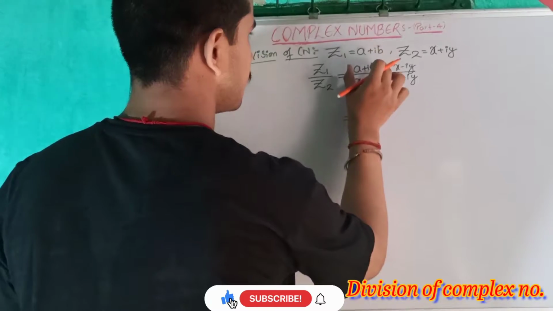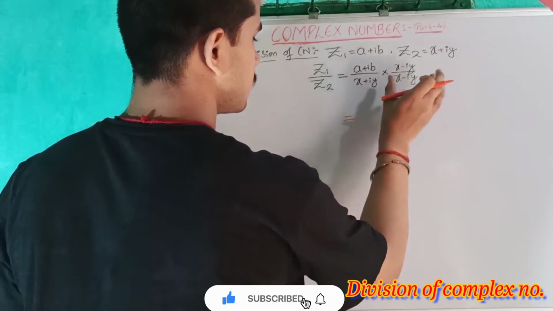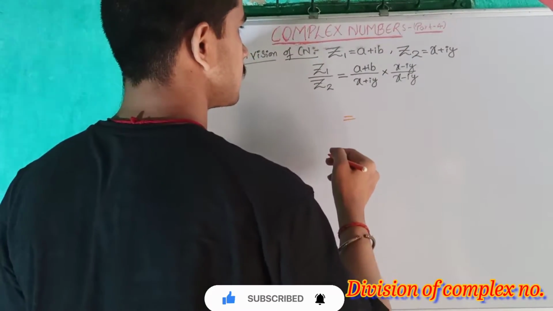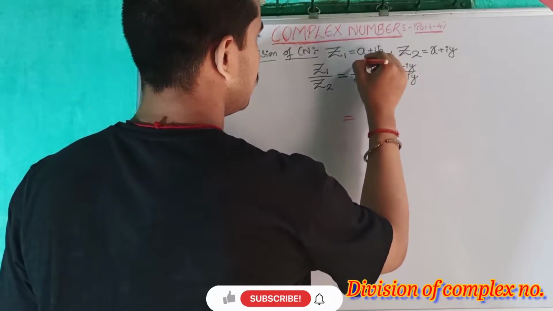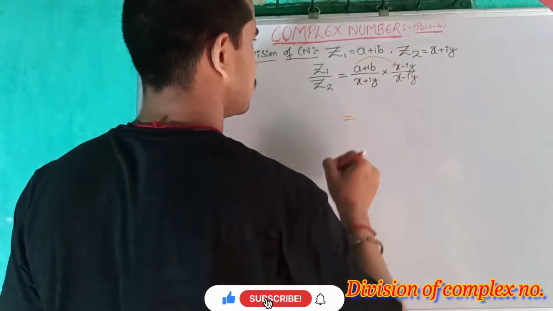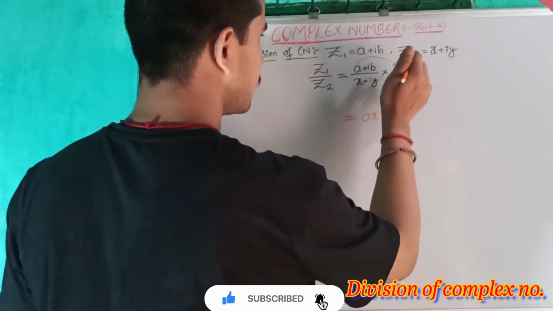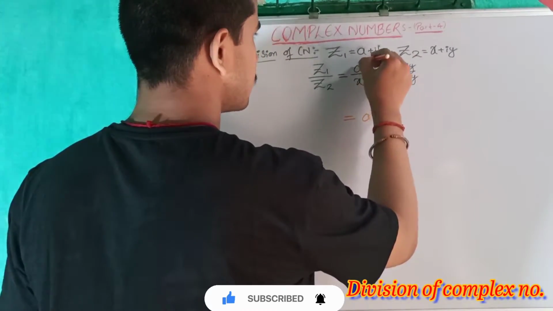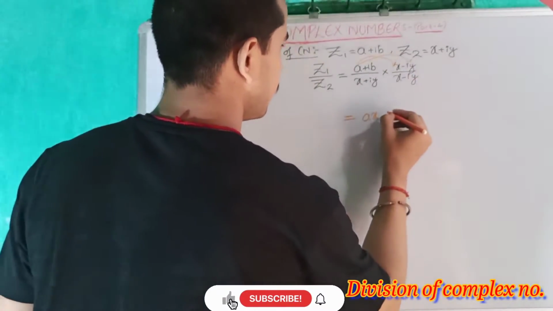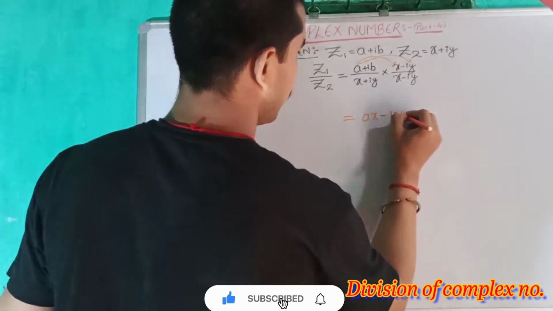The procedure will be first multiplying the first complex number with the second complex number, and then multiplying by this complex number with this one. So starting with the first part, a plus ib is multiplied into x minus iy. The first real part will multiply with both parts of the second complex number. That will give us a into x. After this, this a will be multiplied to the second part, the imaginary part, that is iy. So it will give us the resultant as i into iota into ay.